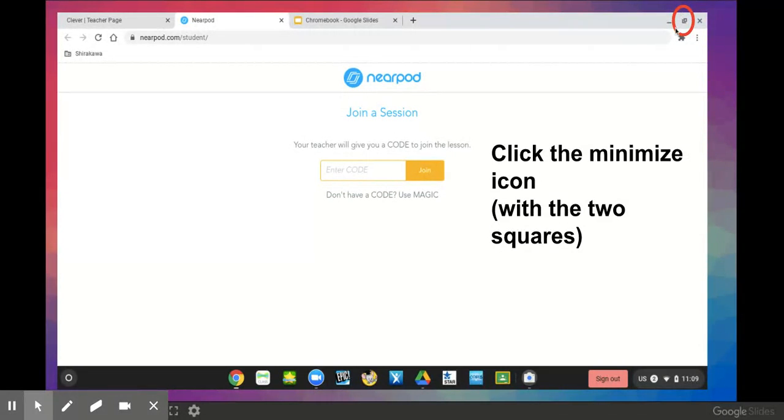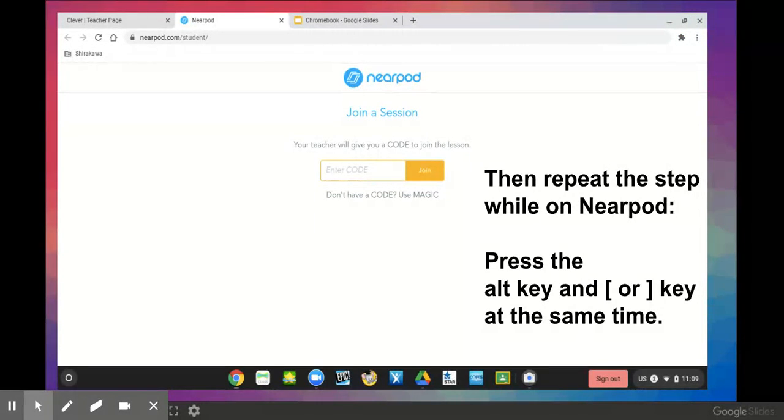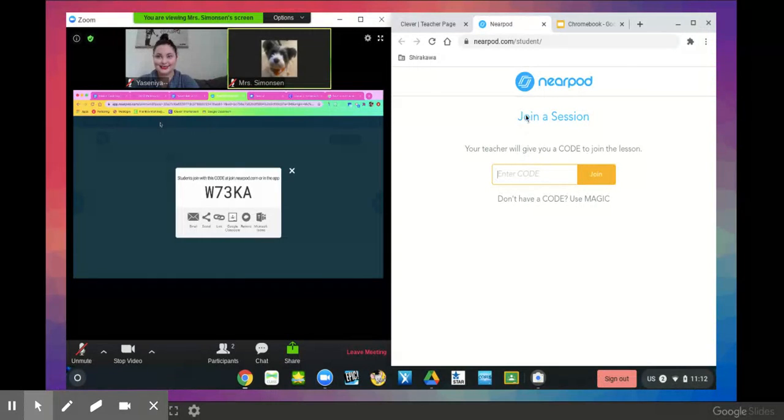So I'm going to go up to the top where you see the icon for minimize, which shows two squares. So I'm going to click on that. Then I'm going to repeat that step. So now that I know that it's in minimize mode, I'm going to do the Alt key, and this time I'm going to click on the bracket that opens towards the right. So this way my Nearpod will slide towards the right side of my screen. So here I'm going to press Alt and bracket right, and we can see that it went towards the right